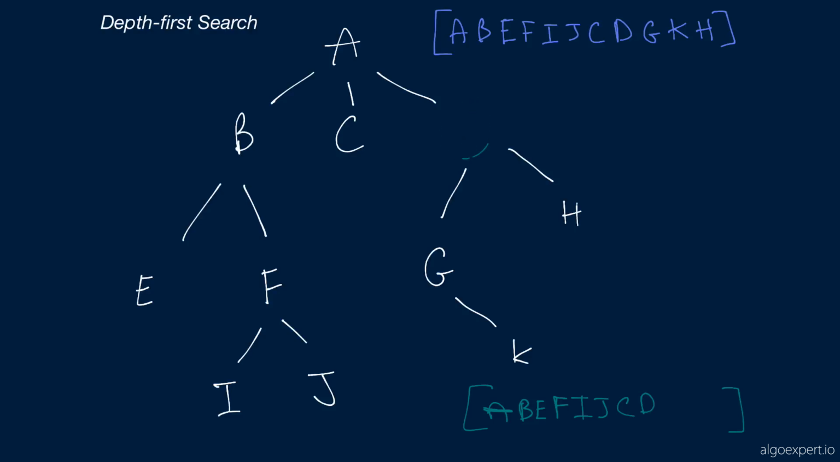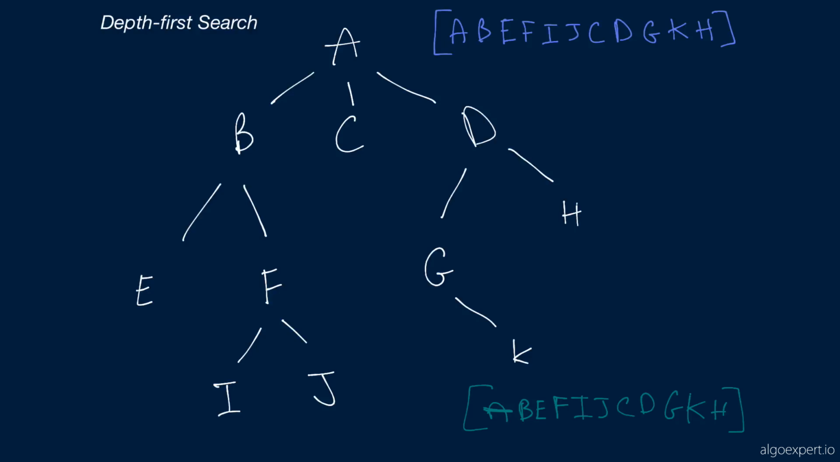Let's erase the circle now. Let's rewrite D. So now we call depth first search on the child nodes of D, which are G and H. Start with G, add G to the array. Let's remove the circle, add G to the array. Then we call depth first search on the child node of G, which is K. So add K to the array. And then finally, we're going to climb back up and get to this H and add H to the array,